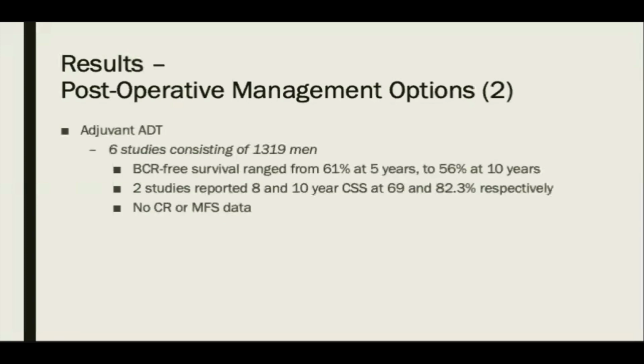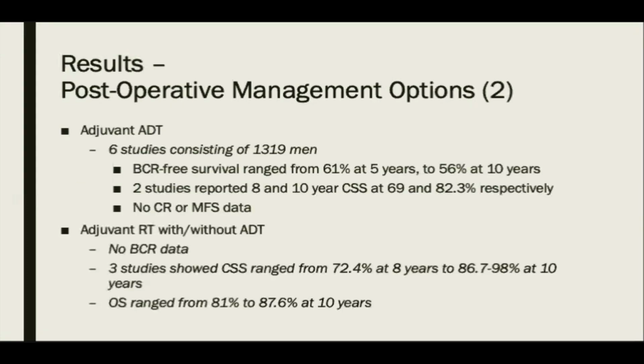Now, for the patients that did receive adjuvant therapy, 6 studies received adjuvant ADT, and they found biochemical recurrence-free survival ranged from 61% at 5 years, 56% at 10 years. 2 studies looked at cancer-specific mortality, which were 69 and 82.3% respectively at years 8 and 10. And the data wasn't great for adjuvant RT with and without ADT in this particular study, but the overall survival was 81 to